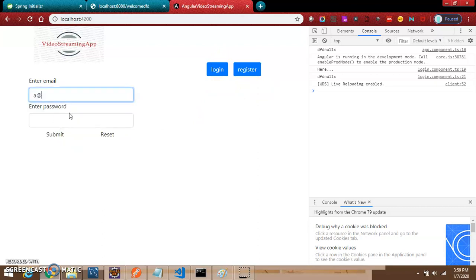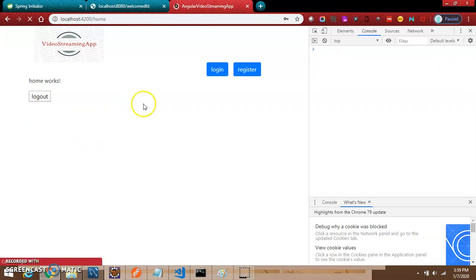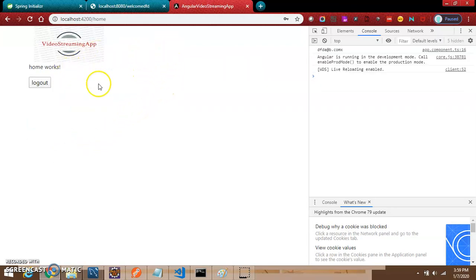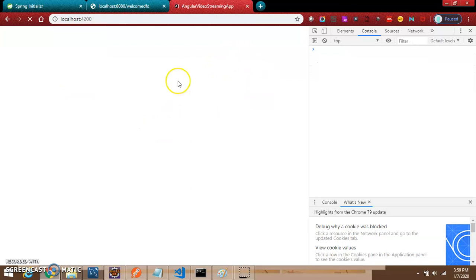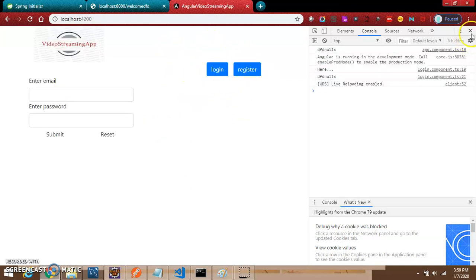So let me test it one more time. Here a@b.com and 1 2 3 4 5, submit. Right, so it is now refreshing, and when it refreshes, the code gets executed, and there we go. And when I click on logout, and there it is. All right, so here we have implemented the login and logout functionality, and we are displaying the home component after the authentication. The same can be done for the registration also, but we'll just stick to the login functionality, and